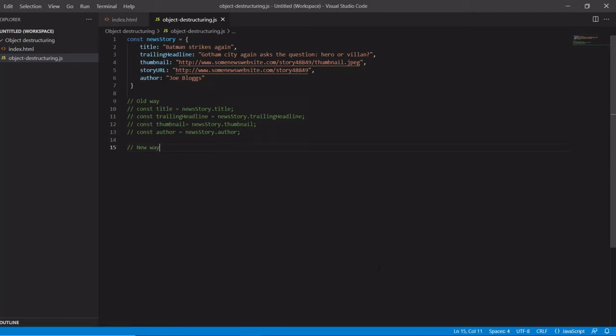Hello and welcome everybody to this video on object destructuring in JavaScript. First of all, what is object destructuring? It is extracting data from an object and storing it in a variable so that we can use it in